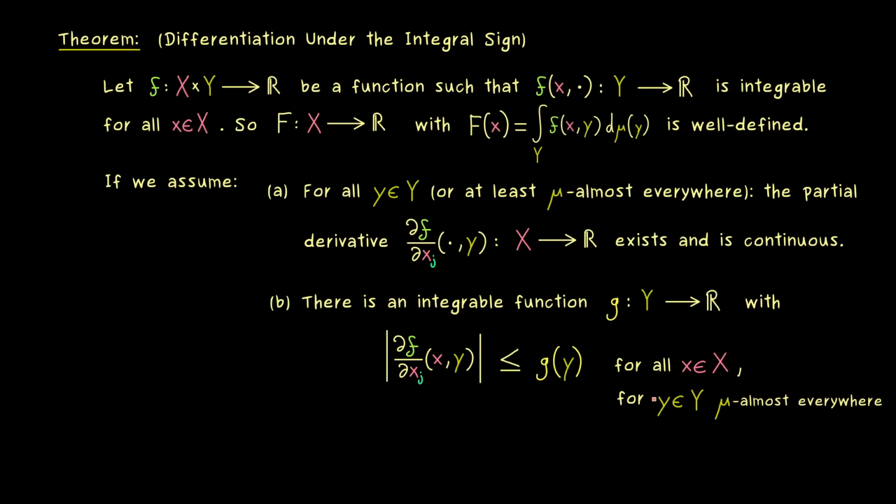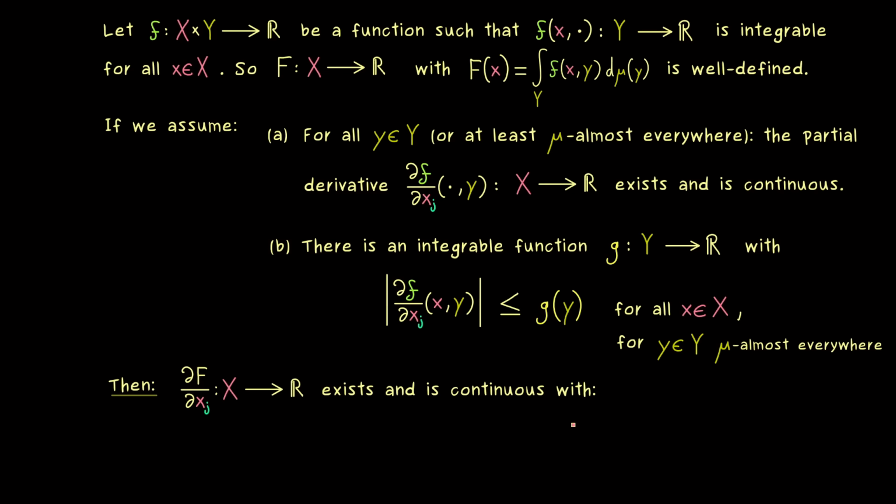So it does not matter which point x and y we put in here, we always have this inequality. The only thing we can make weaker as before is that for y we can ignore an exception set of measure 0. And with that we have all the assumptions and we can finally state the conclusion. And maybe not so surprising, what we get is that the partial derivative of capital F also exists. And moreover, we can also see it as a map from x to R, and then it's also a continuous